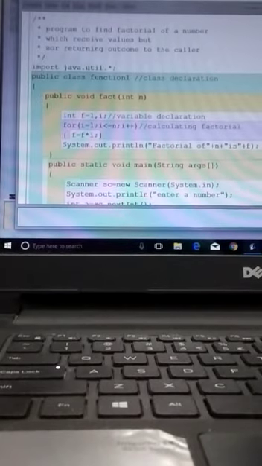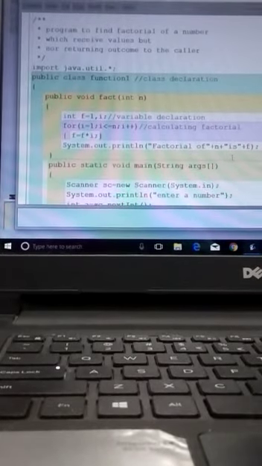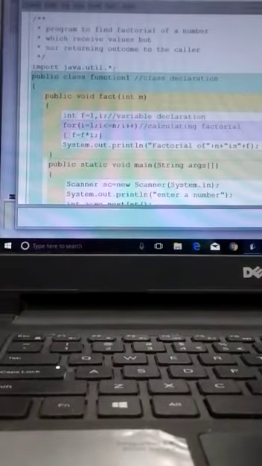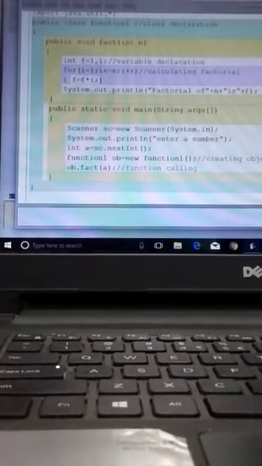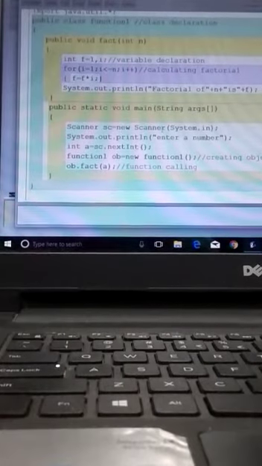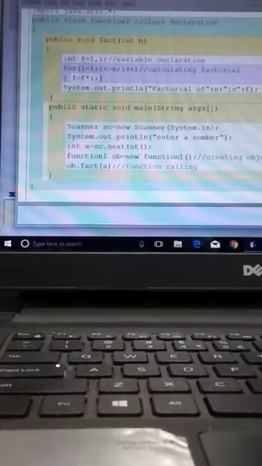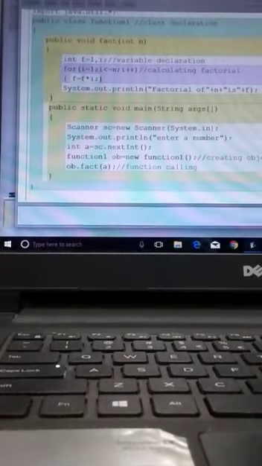Since it is receiving the value, that means we are entering the value. So I am explaining from the main function. Here in the main function we have taken the scanner statement. If we are taking the scanner statement, remember we have to take the import statement also over here, because the Scanner class is stored in the util package of Java.